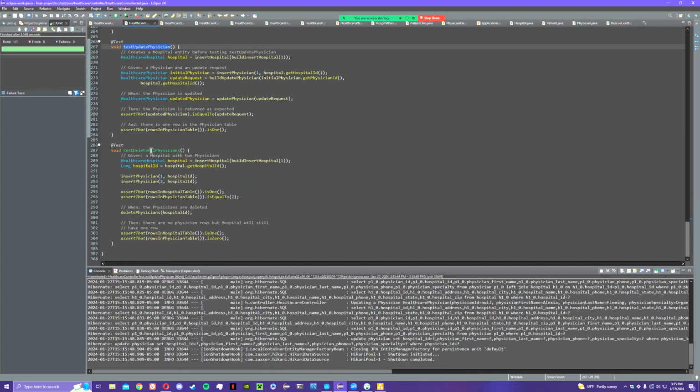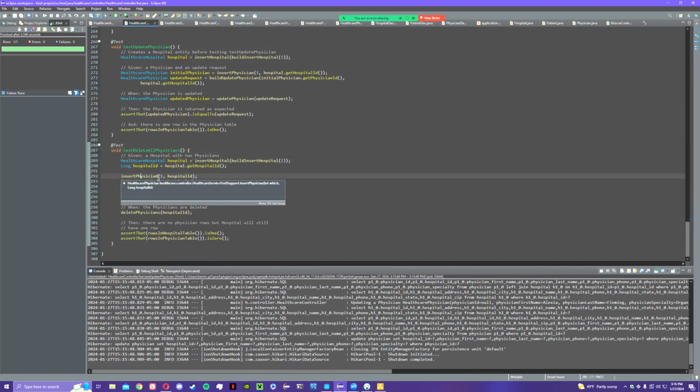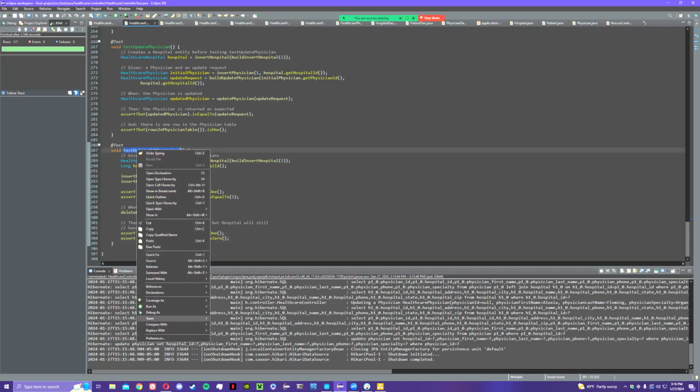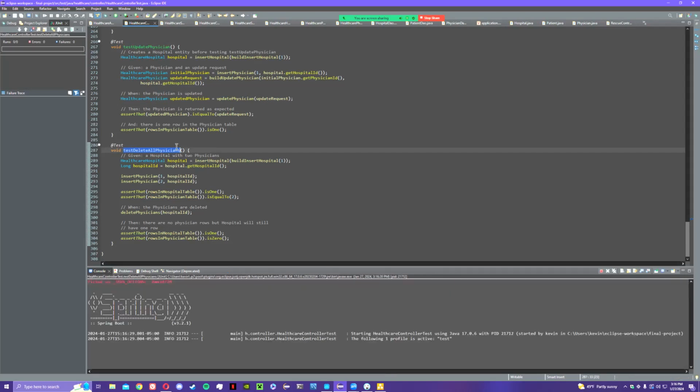And finally, my last JUnit test, delete all physicians. We again create a hospital entity, and then we get the hospital ID, and then we insert the physician using the ID of the physician and also the hospital ID, and then we assert that the rows in hospital table is 1 and rows in physician table is 2. We'll delete all the physicians using the physician ID or the hospital ID, and then we assert the rows in the hospital is 1, however, the physicians table is 0. We will run this test, and then this test